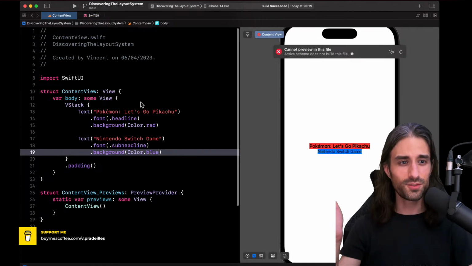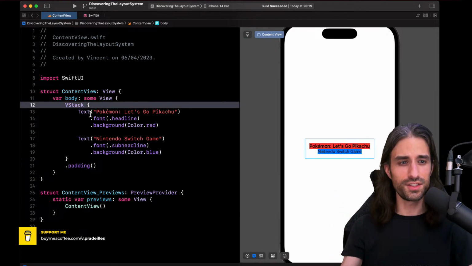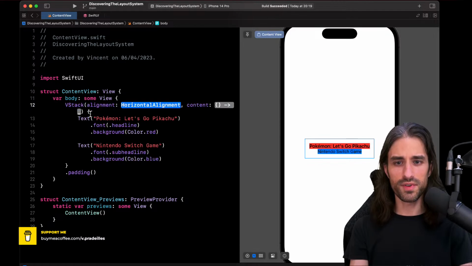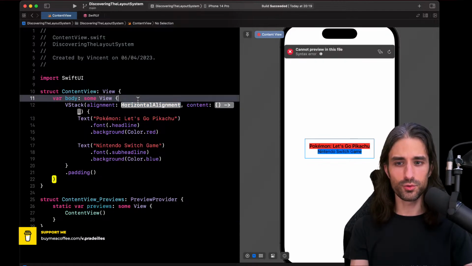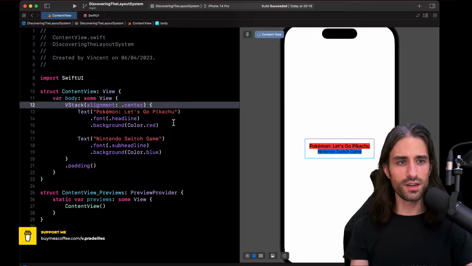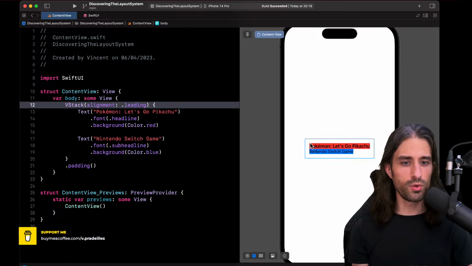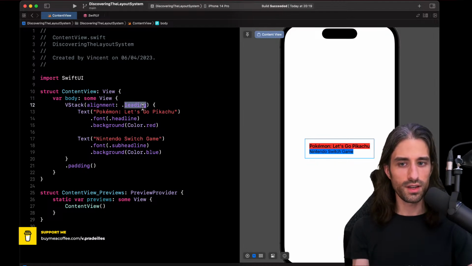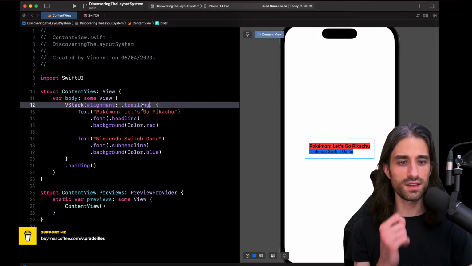All right, so that's what I wanted to show about the arguments of the VStack. And now let's see them in action. For instance, I can provide an alignment. By default, it's center, and we can see that indeed both views are displayed centered. But if I put it on leading, you should see that now all views are aligned according to their leading edge. And of course, without any surprise, it's the same for trailing.